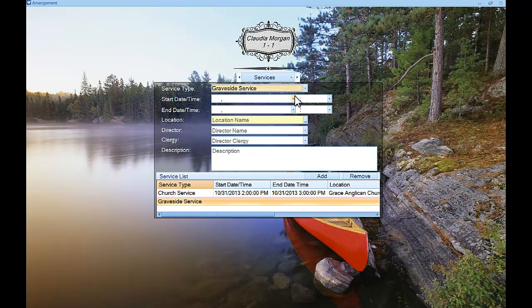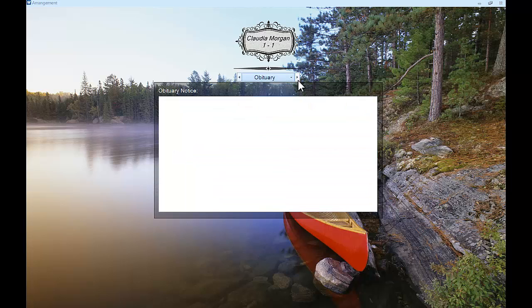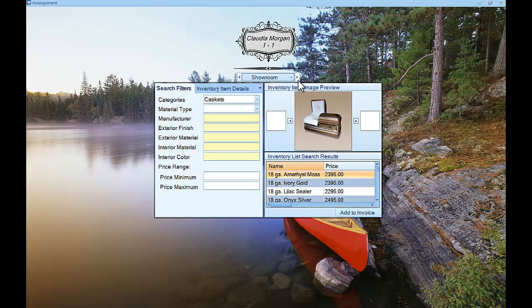And we're going to enter some obituary information. In fact, this is actually a large notes field. You can type anything in here regarding the obituary or death notice, and it can be edited later in the Mortware case. We're just going to move on to the showroom, and the showroom is where all of your merchandise